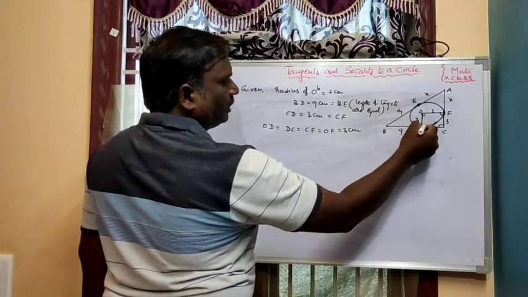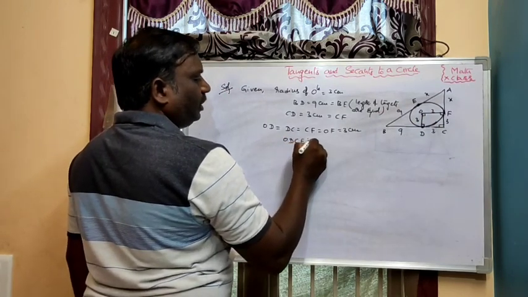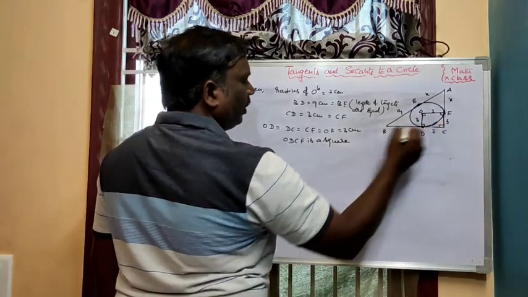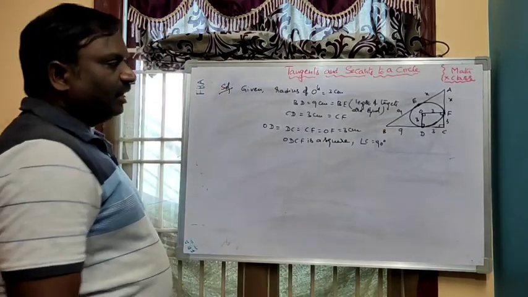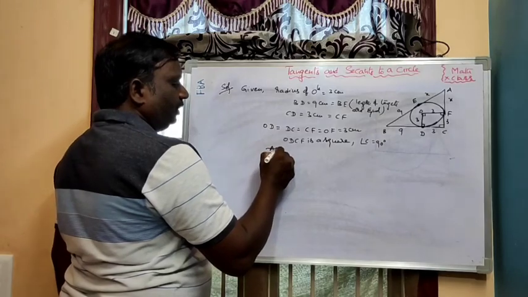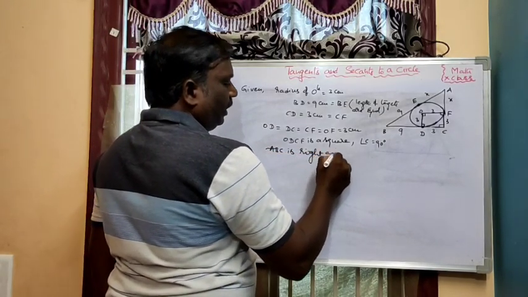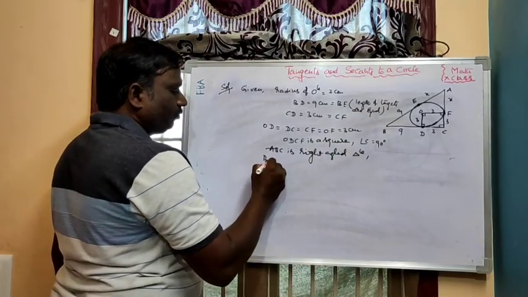So one of the angles is 90, which means ODCF is a square. If it is a square, angle C is also 90 degrees. So angle C 90 means ABC is a right angled triangle. If you apply Pythagoras theorem,